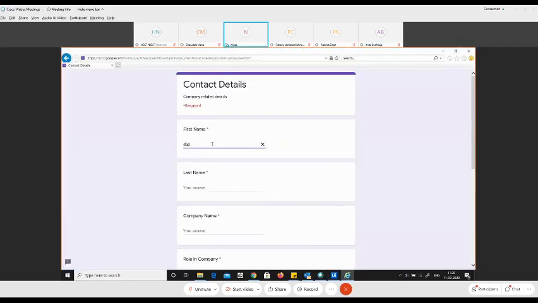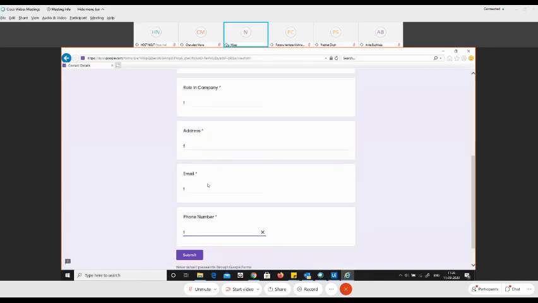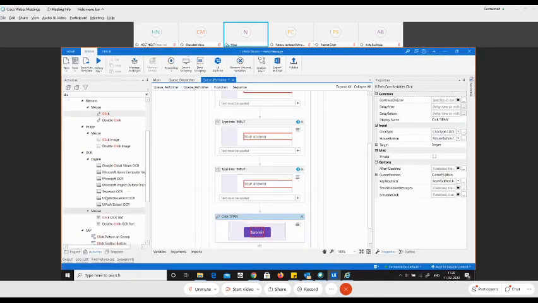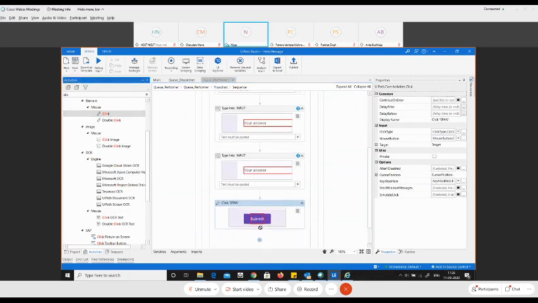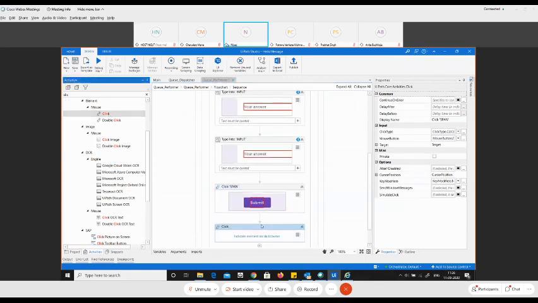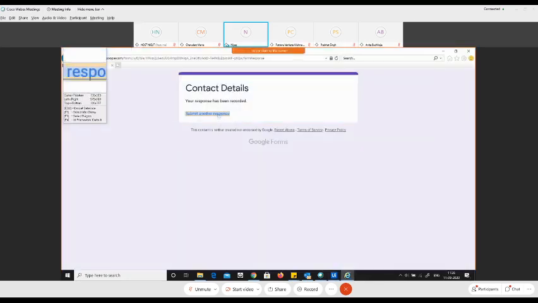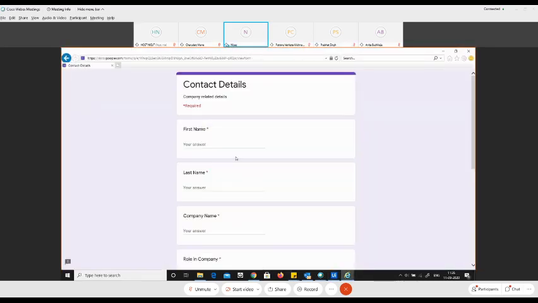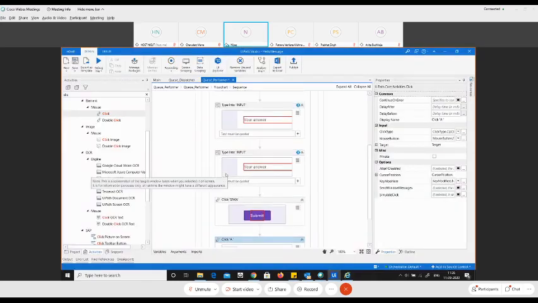Now let me just put a random value into it because the form, when you click on submit, is where you say I want to submit another response. So what we'll do is we'll perform another click activity here and we'll say submit another response. So if you submit another response, then it comes back to this page and then it is going to start filling up the values. Okay, so this is done.